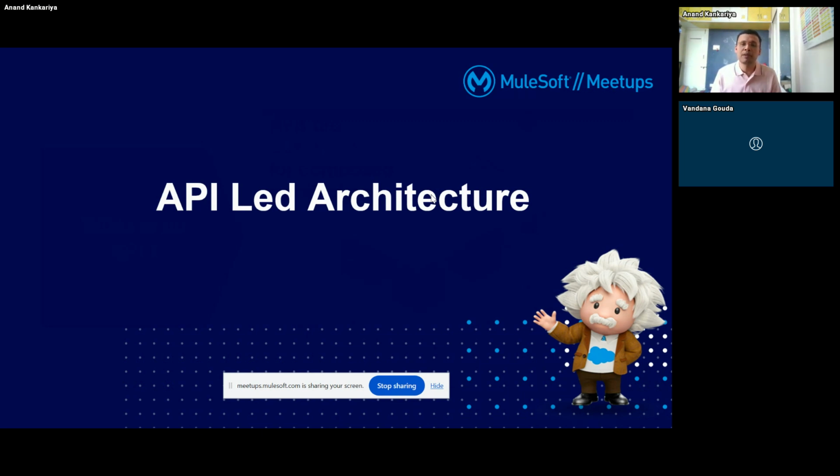So such kind of applications will be built. New applications will be built composing all these small APIs. So I hope that gives a background about it. And this is one of the pages I picked from